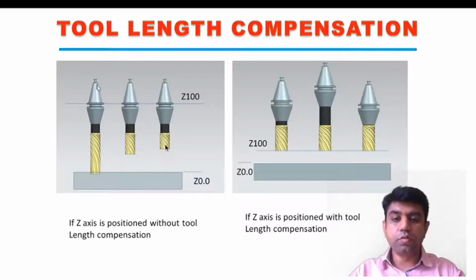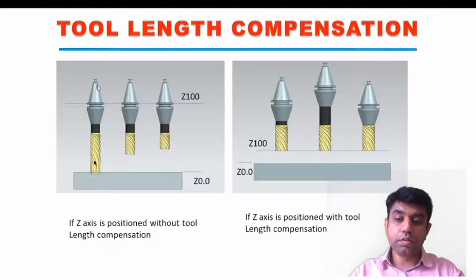If we take a tool even shorter than the first two cases, then again the same thing will happen. We had set the 0 position as per the first tool, so naturally the same data will be assumed by tool number 2 and tool number 3. So whenever you change the tool and you give any command related to X, Y and Z, it will be taken from this reference position only. This gap which is remaining, that data we need to feed to the controller.